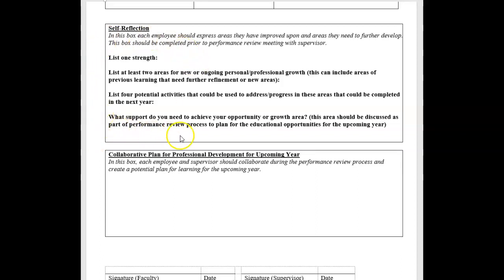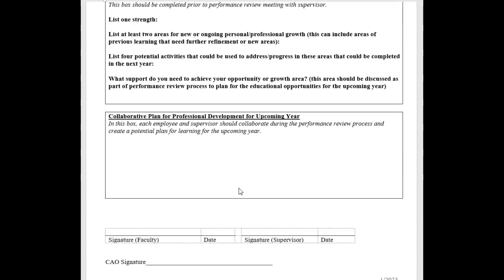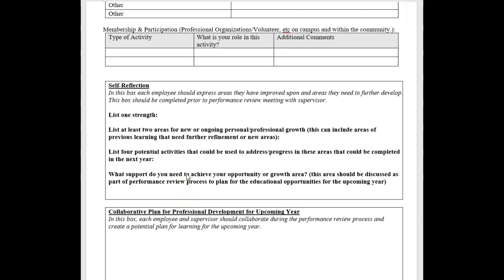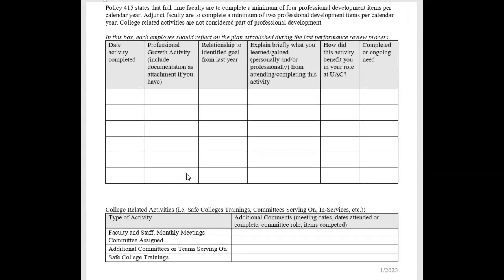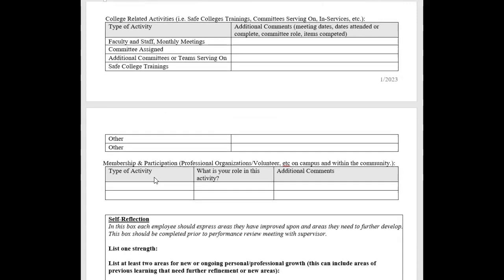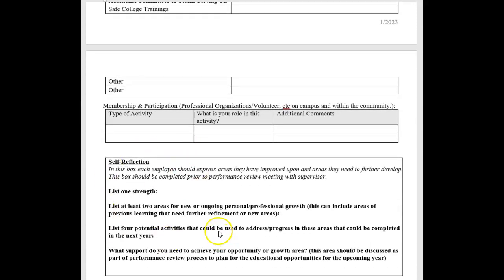I'll take a look at what you've put in here as your self-reflection, and then I'll also take a look at what I have found while completing your key results area review, and we will work together on what type of professional development activities would be best. So all that you need to fill out, and you're probably already filling out this, or you should be, is your 2022 professional development activities, and then your self-reflection.